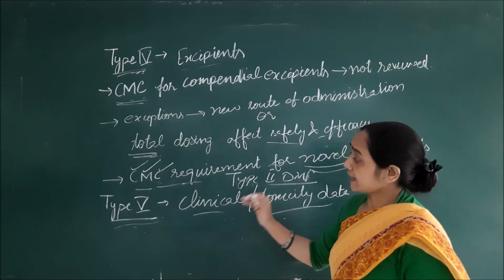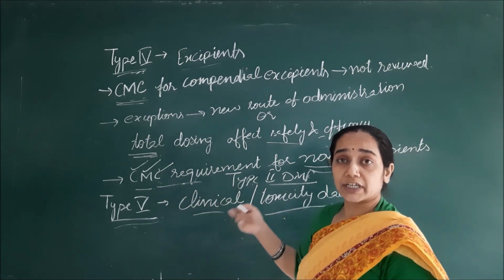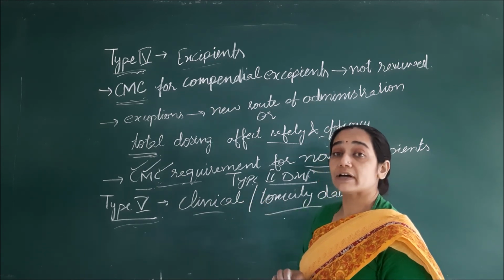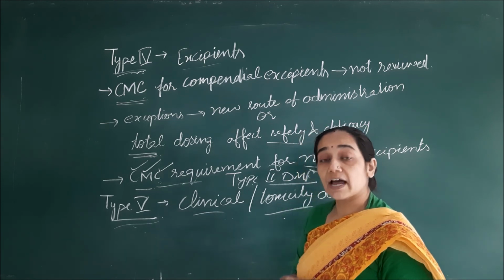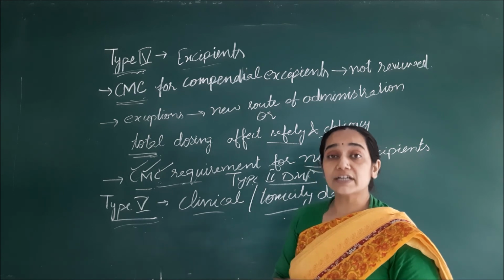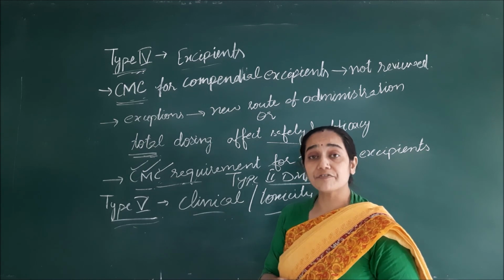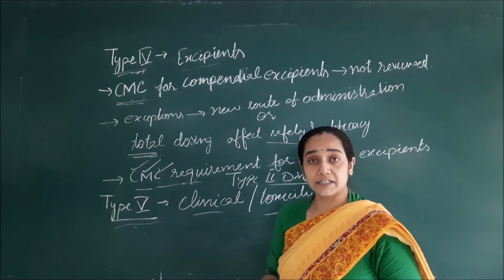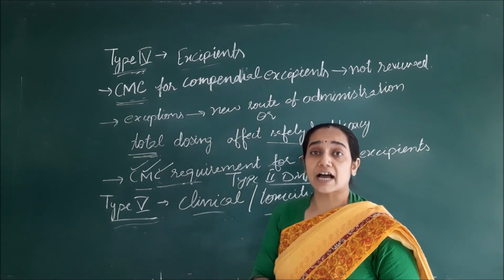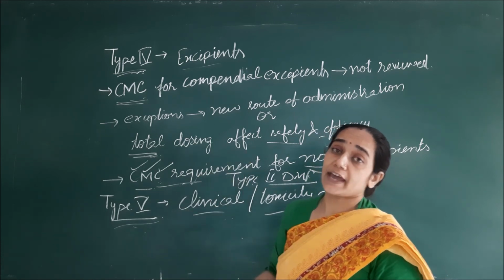Now, in this case, if type 1, 2, 3, 4 and 5 DMF has been formulated, then what does a holder do? A holder is the company or person assigned the responsibility of the drug master file. The holder sends a letter of intent to the drug master file writing staff, and that letter will be issued to the staff that he is corresponding these DMF to the FDA.